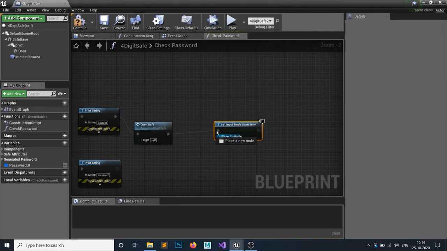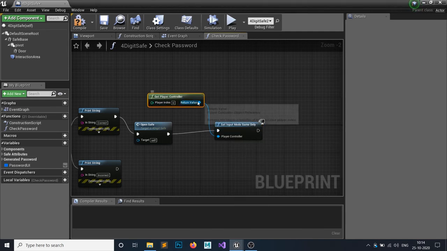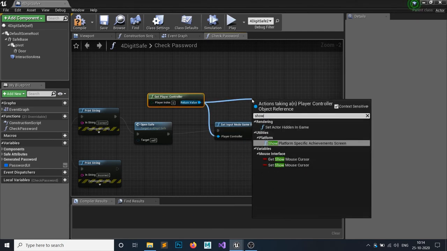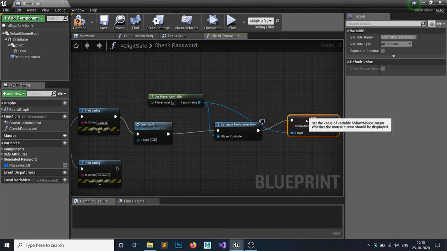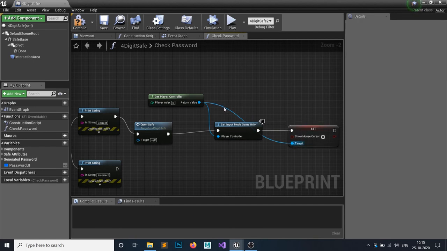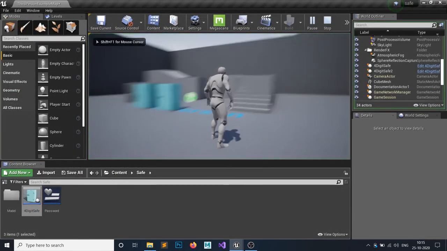Yep, get the player controller, and we don't want to show the mouse cursor, so show mouse cursor would be false. We are doing this in the check password function in our chest or safe.